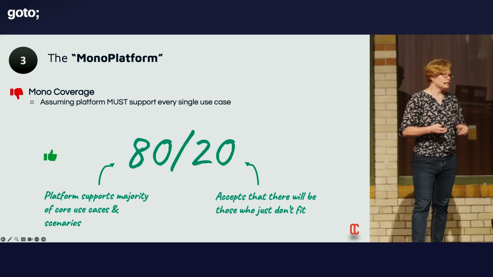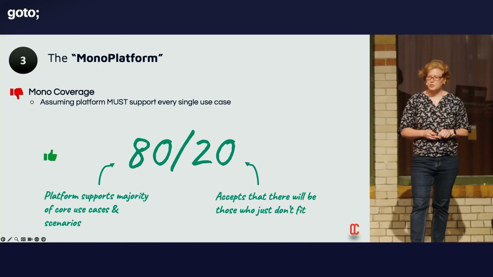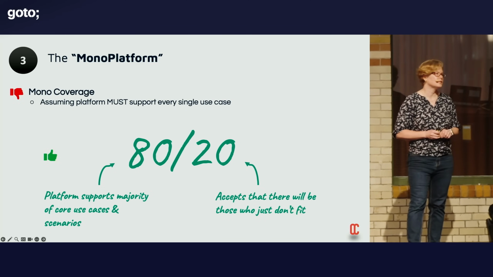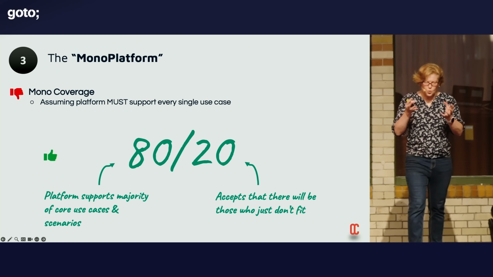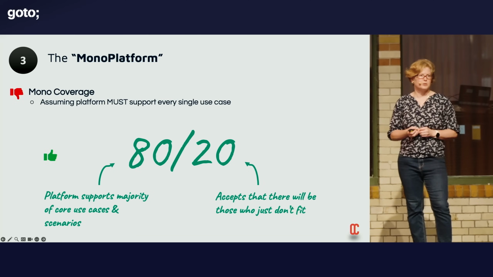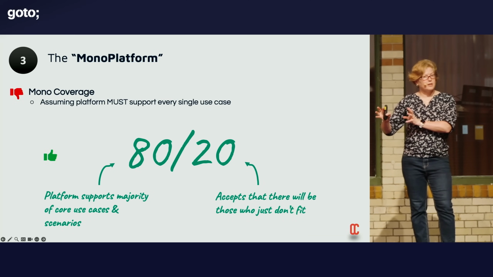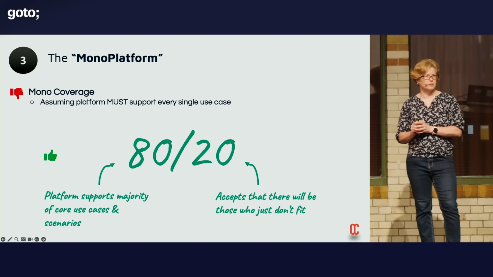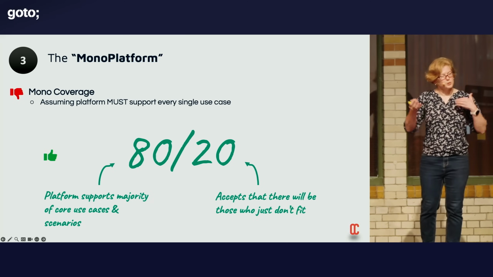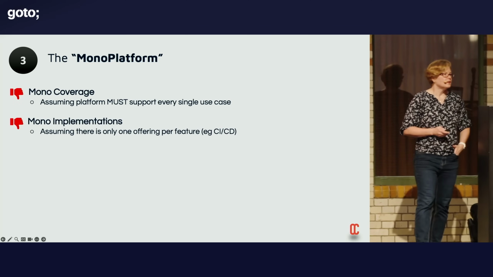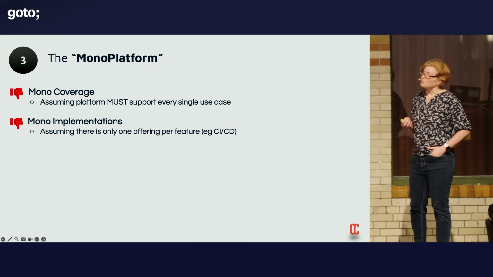So typically what I would suggest you do here is to opt for the 80-20 rule, or you could actually call it the 90-10 or whatever percentage you want to put in there. But what you want to find out is what are the core use cases, what are the core scenarios that will add the most value to people to really enable the business drivers, and that's what the platform will focus on. It's okay to recognize that there's a certain subset of people that are just not going to fit on the platform and they will need to do things themselves. And this is sometimes quite hard for people to do because they're trying to fit everything into the same sort of package.